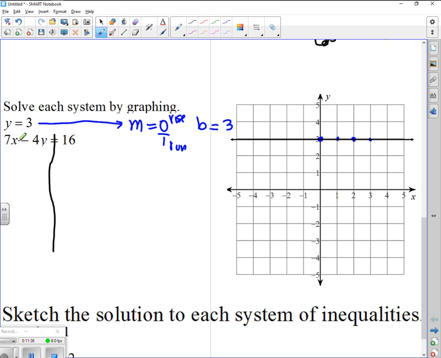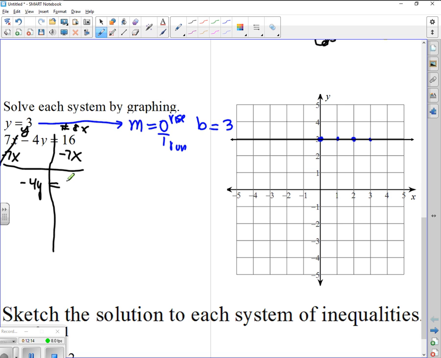Number 3, separate the y and numbers and x's. Y is on the left, so I like to have y's on the left, and over here I like to have numbers and x's. So I like for both of these to have a y. If it doesn't, get rid of it. This doesn't have a y, get rid of it. Minus 7x. What you do to one side, you must do to the other side. These are opposites, they're going to cancel. So we have negative 4y